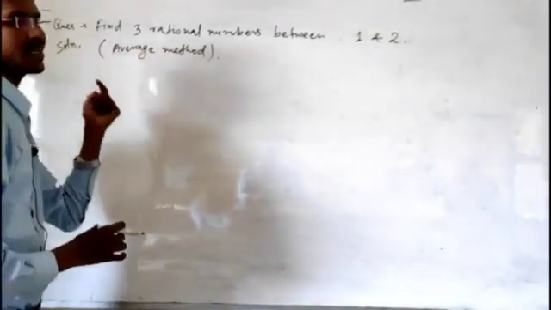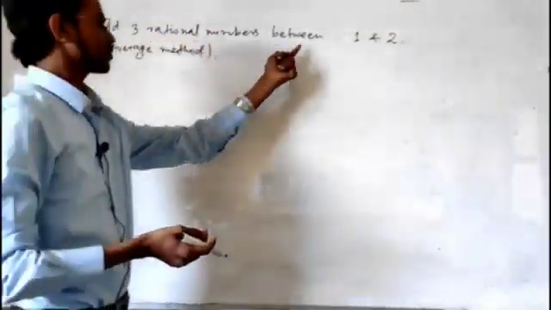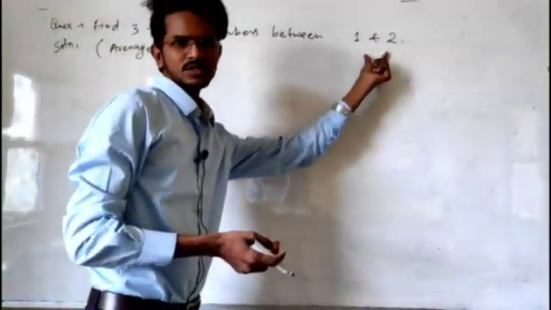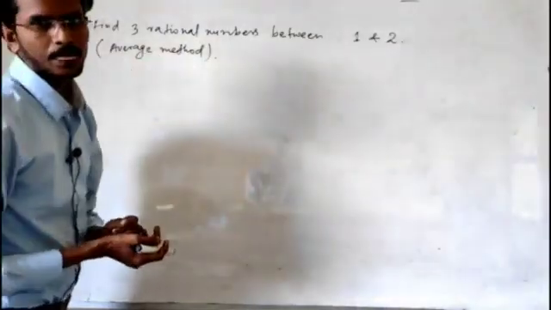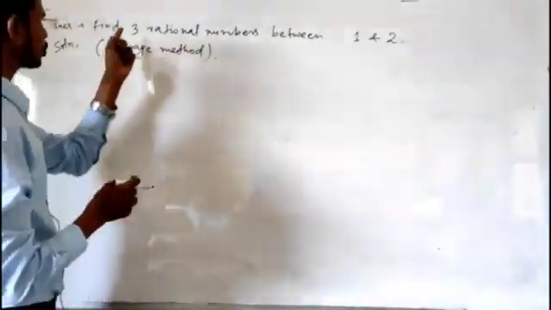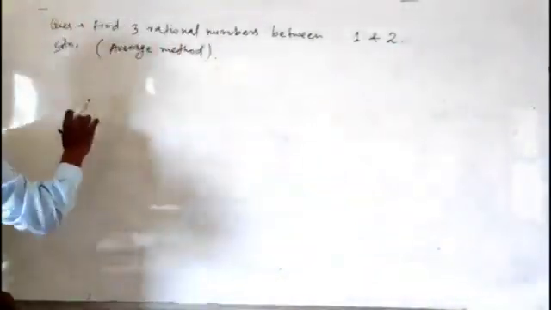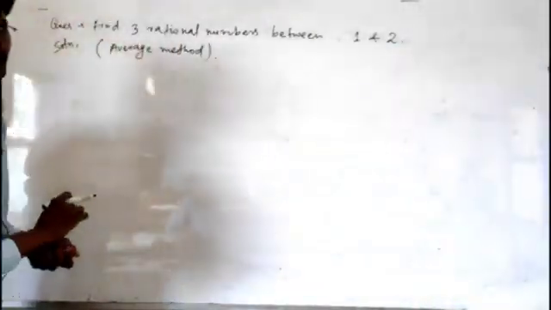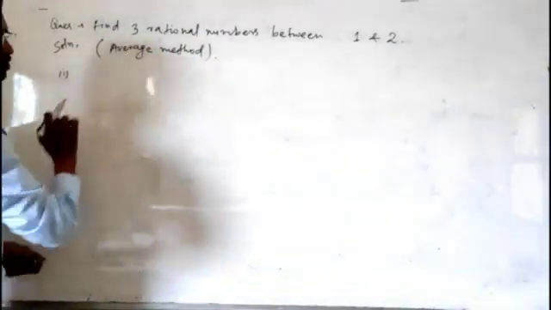Okay students, now we'll look at another question, that is, find three rational numbers between 1 and 2, any two given rational numbers. For this again we will use the average method. Let us see how to find more than one rational number between any two given rational numbers. First of all, we'll write the solution and proceed towards number 1, because we have to find three rational